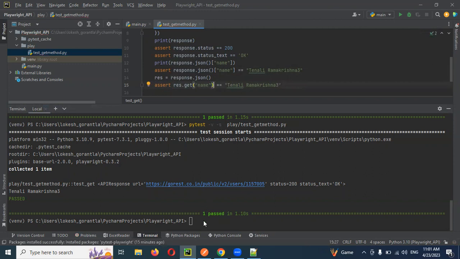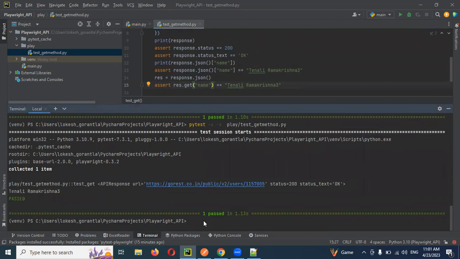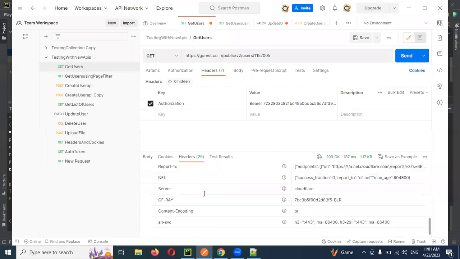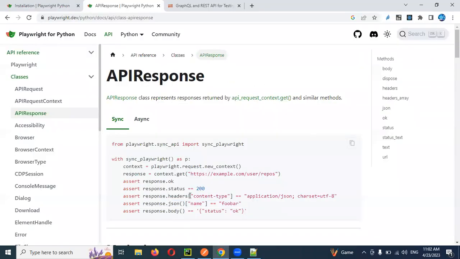Now see, same pass. Okay, this is getting the value, whichever value you want. This is also getting a value, whichever one you want, using an array format. This is a normal format. Both cases verify the proper response value, which is in the body. Even in case you have headers here, you can validate those headers also. For header validation there is response dot headers, and the content is basically in this format. If you mention this one,